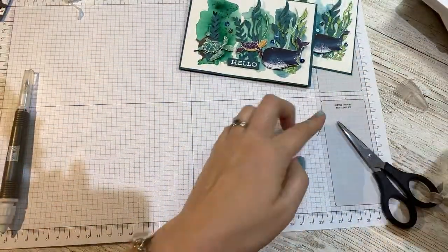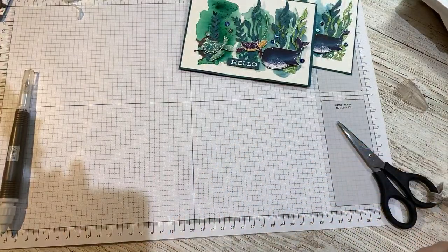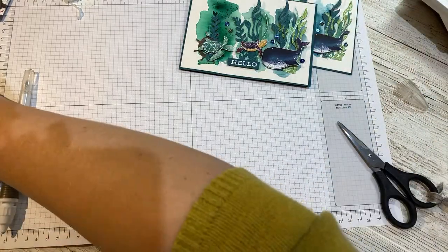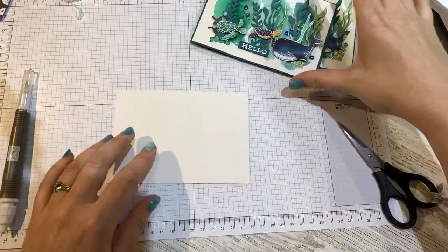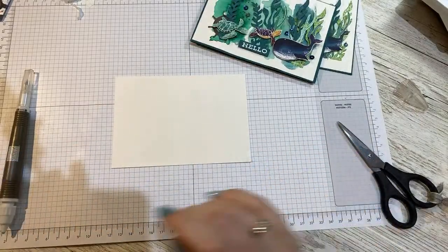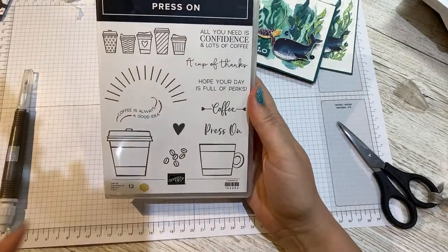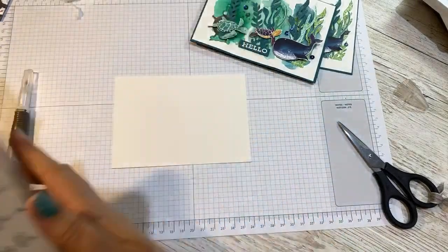So that's that one. And then I thought, where are we at for time? So just before 9, I thought I'd make an alternative. Exactly the same kind of layout, same technique, but using the press-on stamp set. And I had pulled out, so I was going to use this one. I have pulled out these